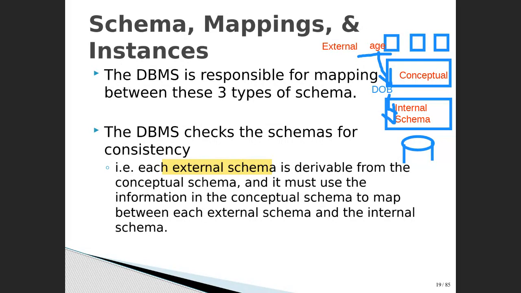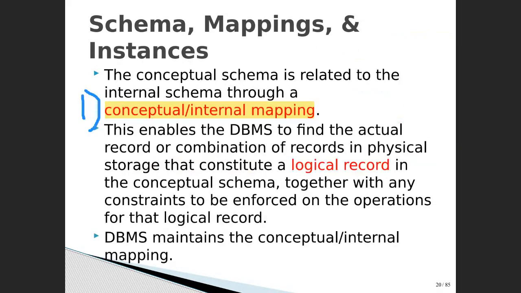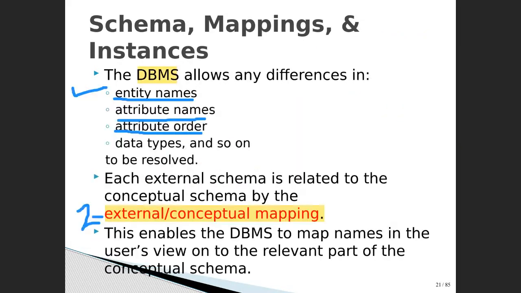These are attributes. It doesn't necessarily have to be in the same order in both external and conceptual. It might be different, and this is allowed by the database management system. There will be no problem because there is a mapping process between the external and